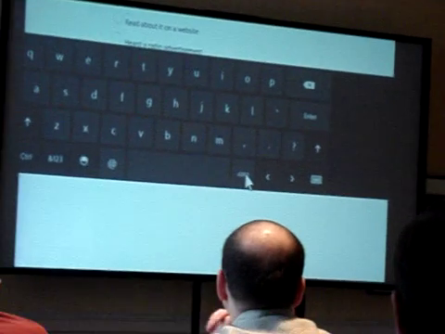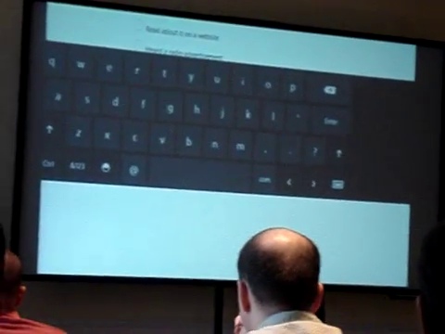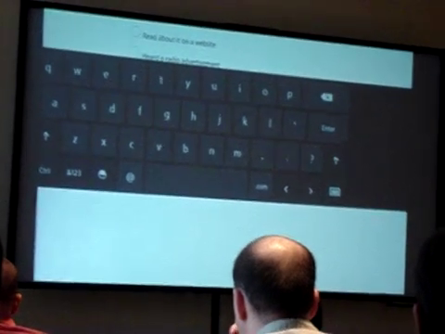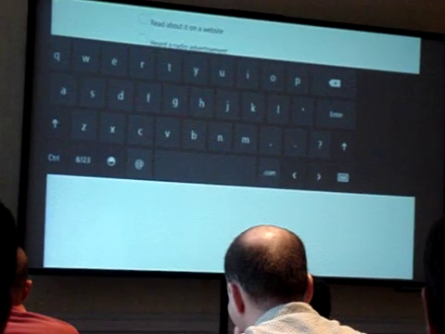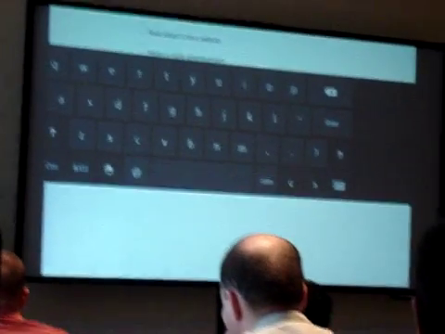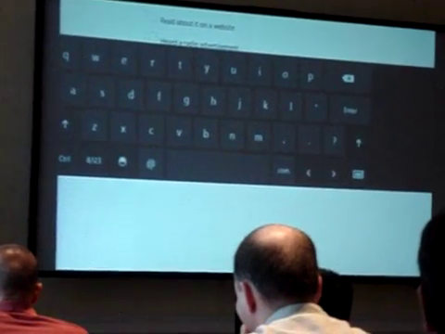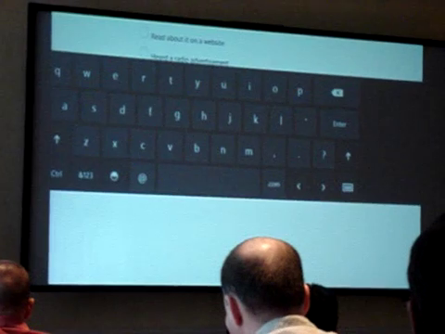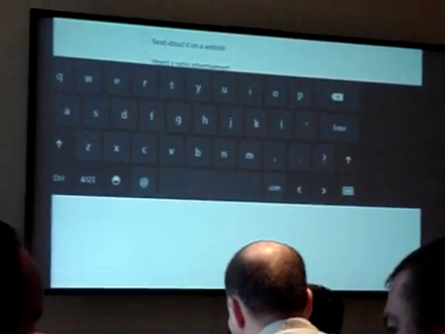The .com, by the way, if you play with the on-screen keyboard, just like a Windows Phone, if you hold down an item, in some cases it'll fly out other options for that item. In this case, .com, if you hold that down, it'll fly out .net, .edu, .org as an option that you can just hold, click, and then you're done. These things carry on for international languages, stuff like that. You'll see that. Just have fun with it. It's great. It's hours of fun. Yes? Can you extend